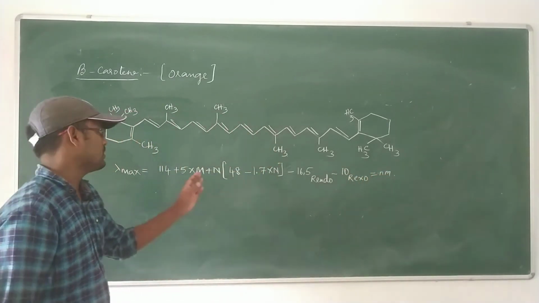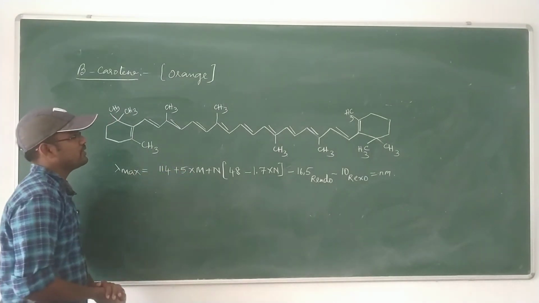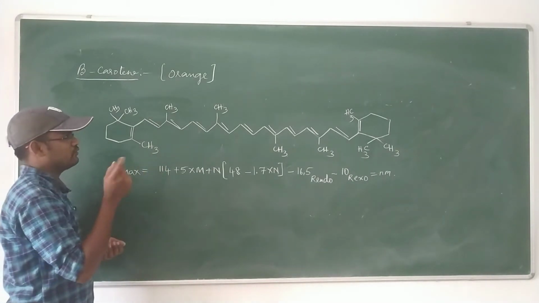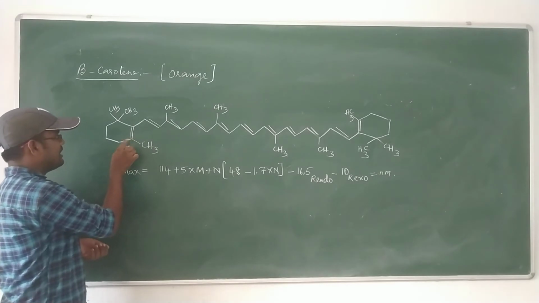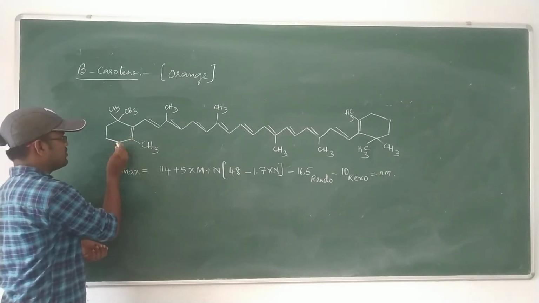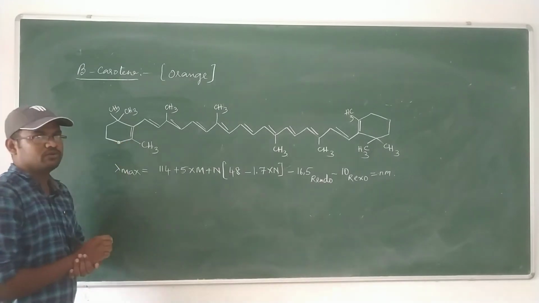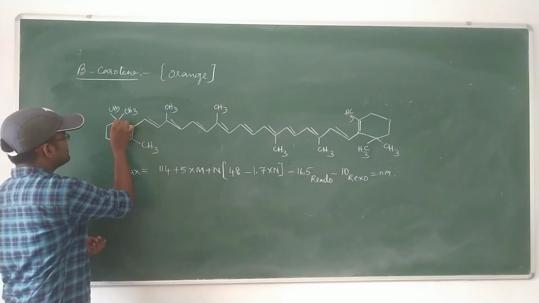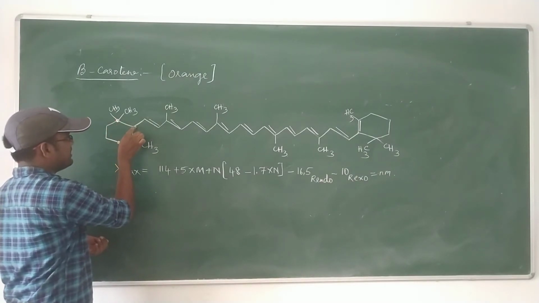According to that, m stands for the number of alkyl substituents and ring residues. So in this structure we get two rings. An unsaturated carbon atom is directly attached to a saturated carbon. This is a saturated carbon. So the saturated carbon is considered a ring residue. And next one, unsaturated, this is a saturated. The saturated carbon is directly attached to the unsaturated end.